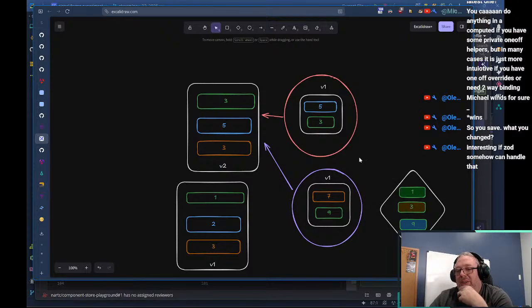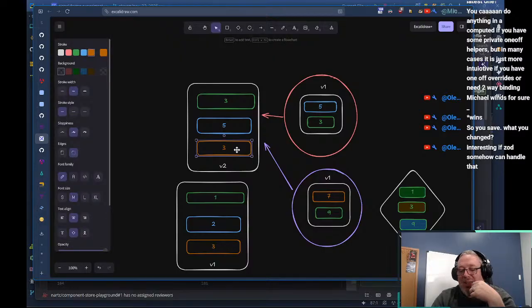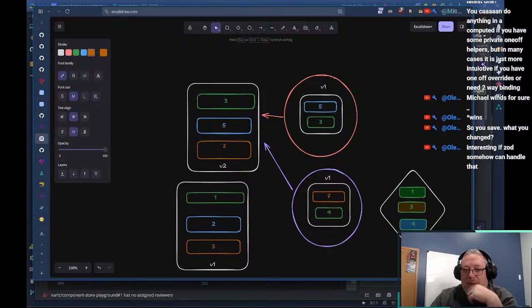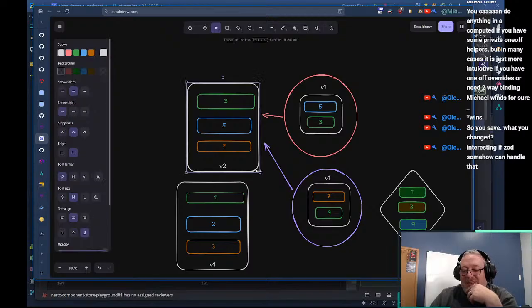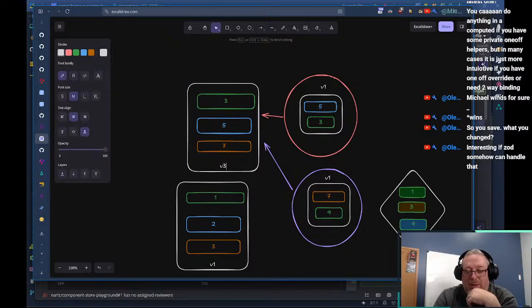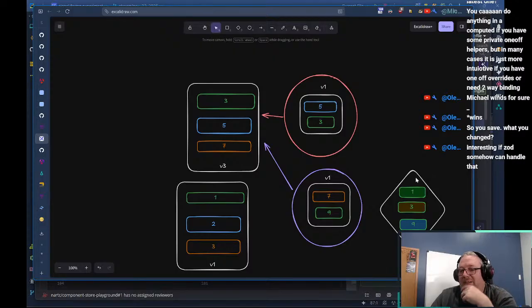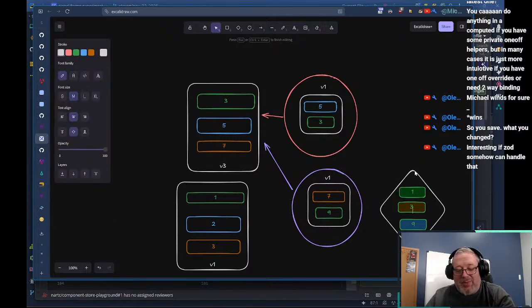And that would be your new change set against V2, or against V3, because we could say, hey, the 7 goes in. This then becomes V3. This comes back against V3. So here we would say this is against V3.